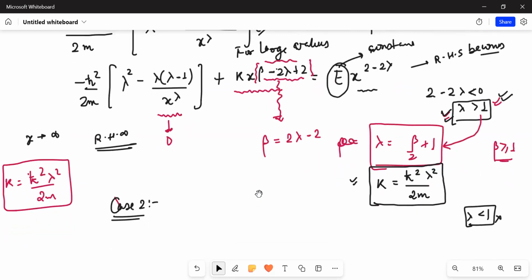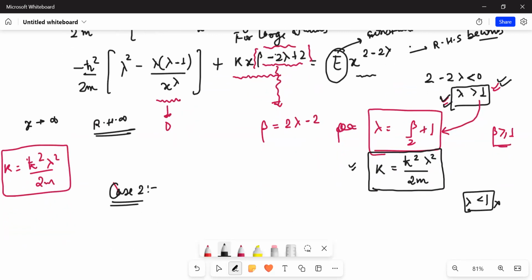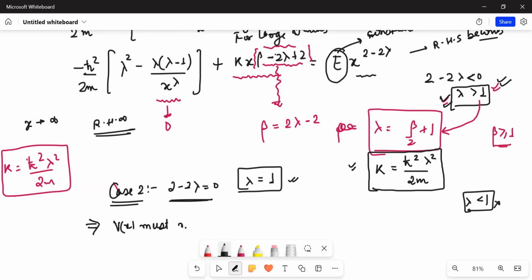Okay. Another way one can think of, for case number 2, is that this is 0, that is 2 minus 2 lambda is 0. If this is 0, then lambda should be strictly equal to 1. And in that particular case, E is a constant. So again, this also implies that Vx must not have an x dependent term,